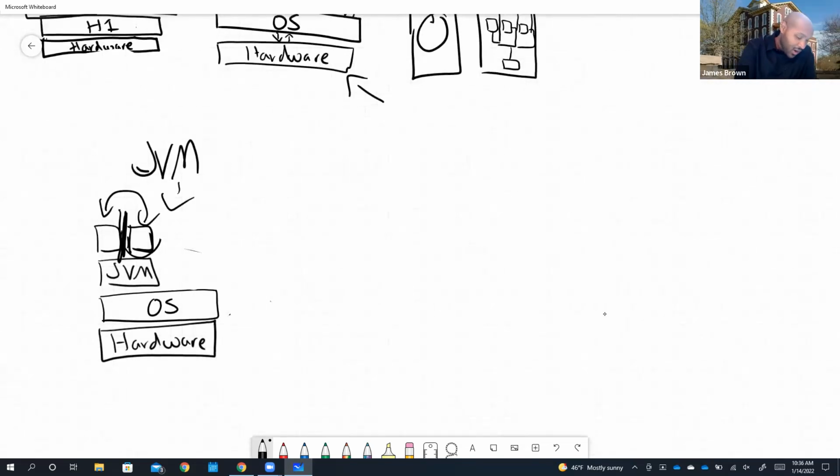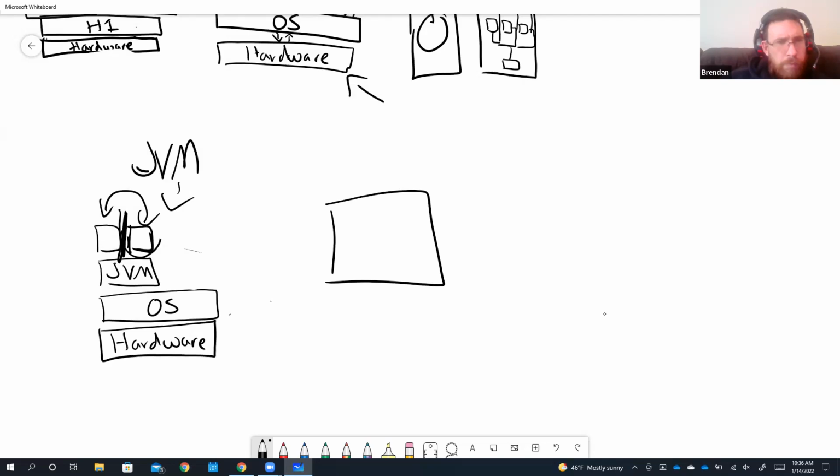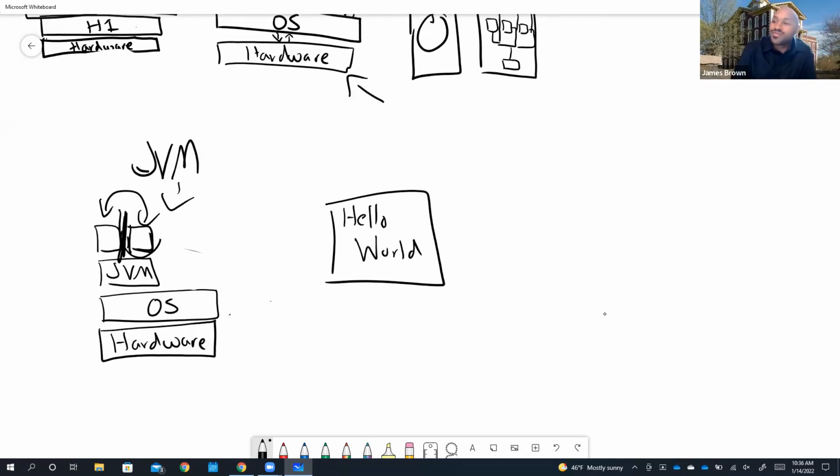When we write a program, we write our program, hello world. Fantastic. Which is what we'll do today, because your homework this weekend is to write a program that reads and writes from the console. And hopefully I'll get to that in the next 14 minutes. Okay. So we write our program in Java. Then the next step is to compile our program,